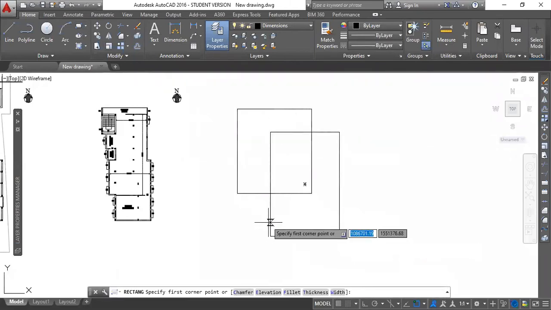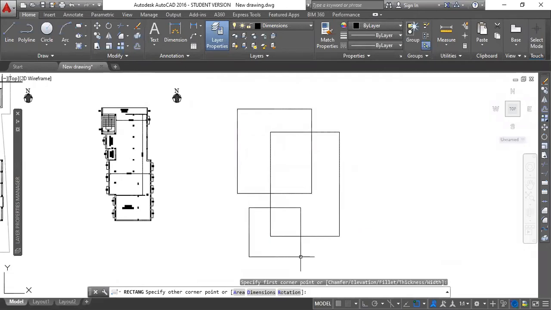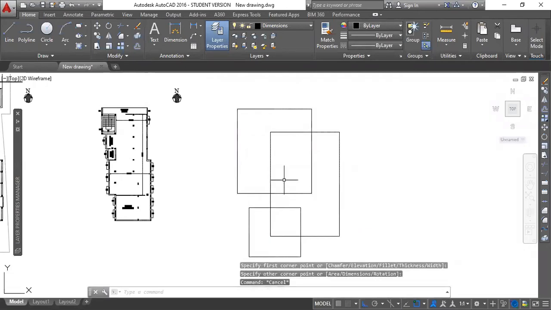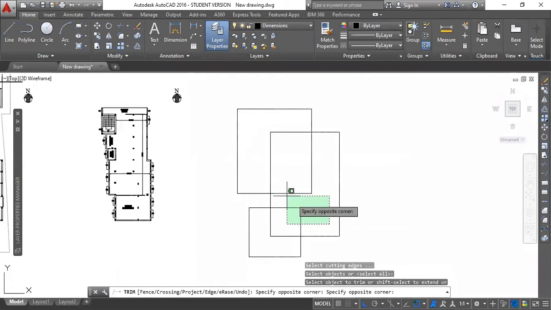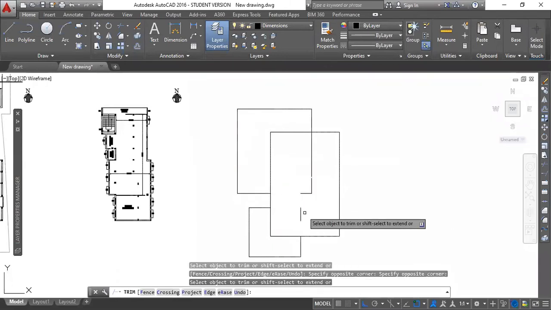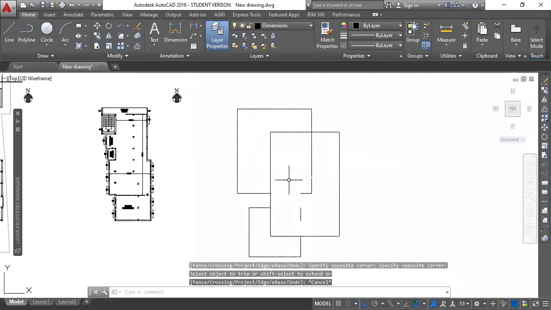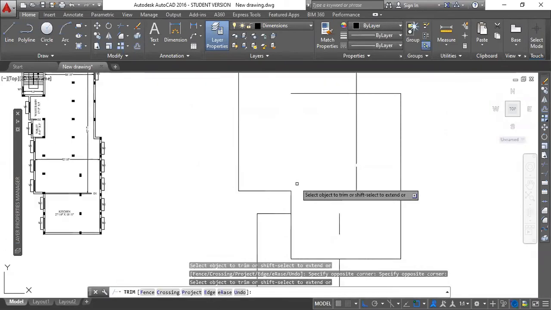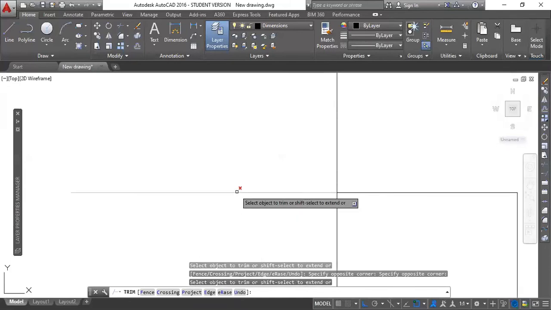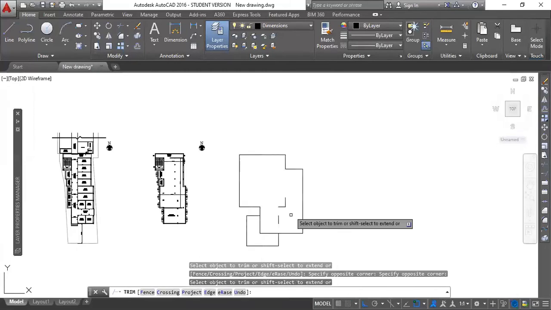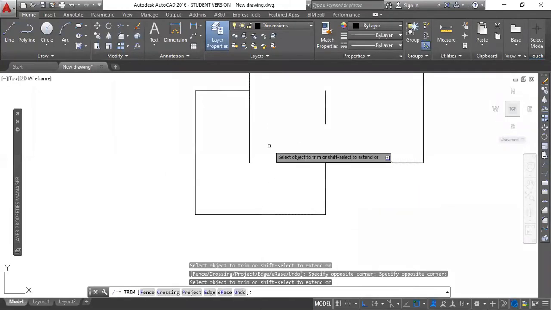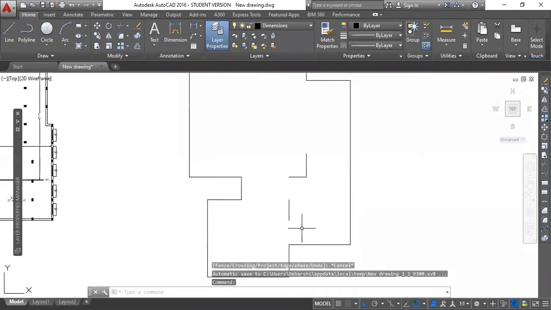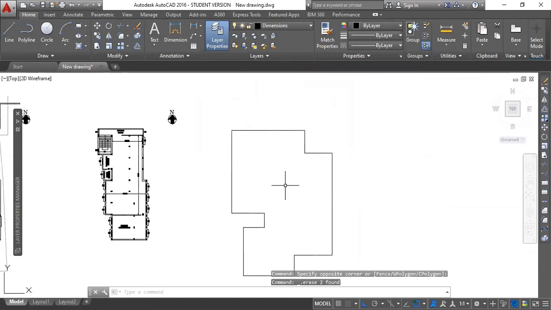Okay, I'm just doing it at random. Suppose this is a kind of building shape.